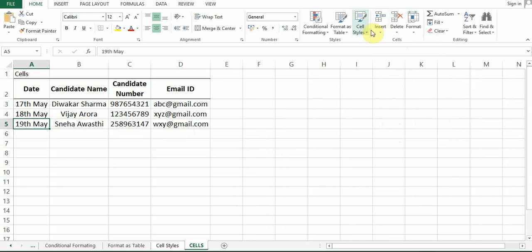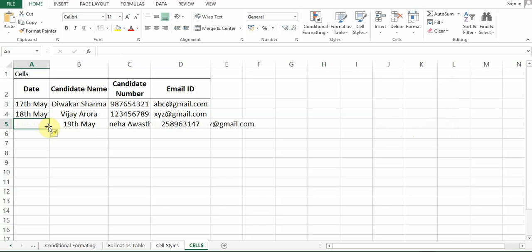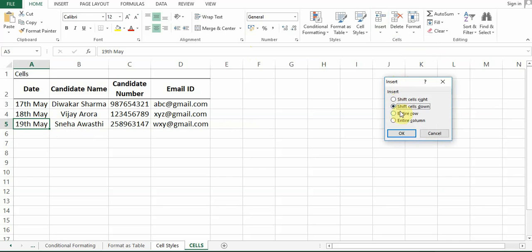Now, there are two more options. Let's say you want to make a space and you want to shift the cell towards right. As you can see, this cell has been shifted towards right. What if you want to shift cell down?